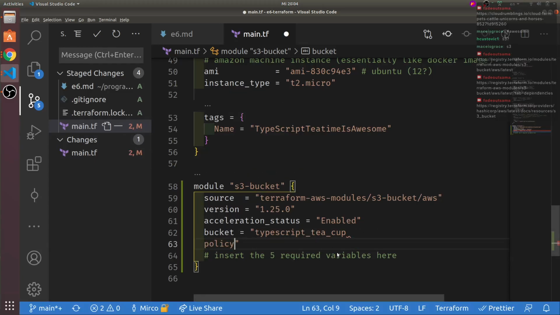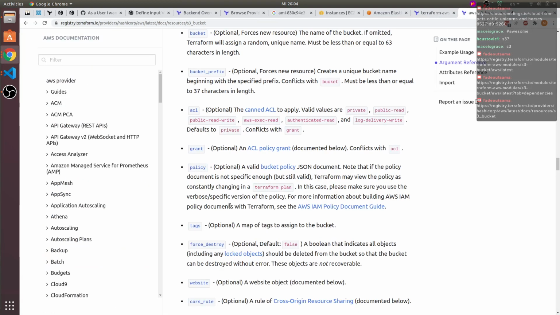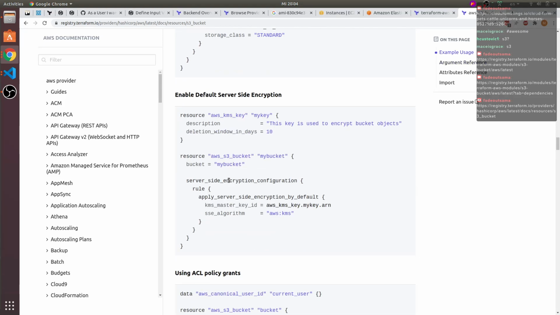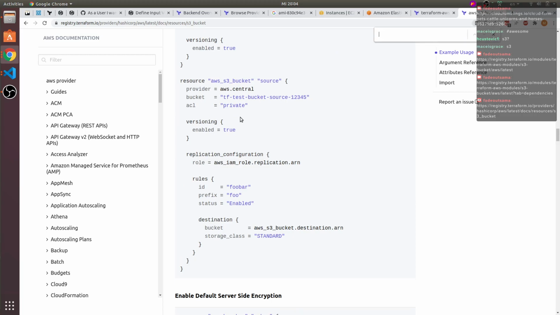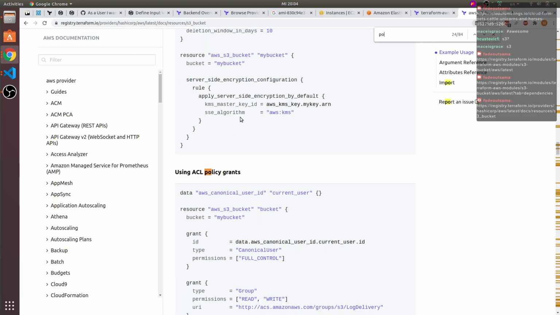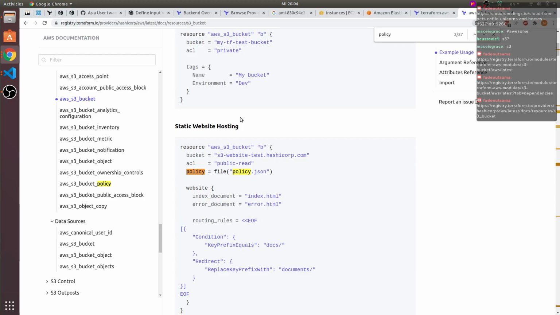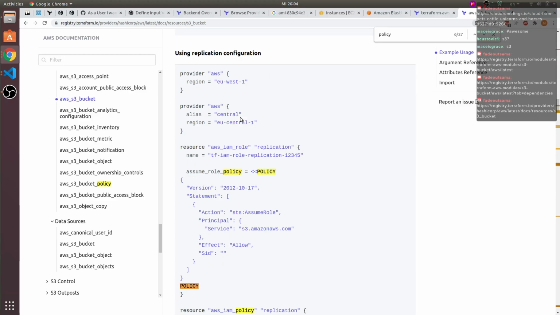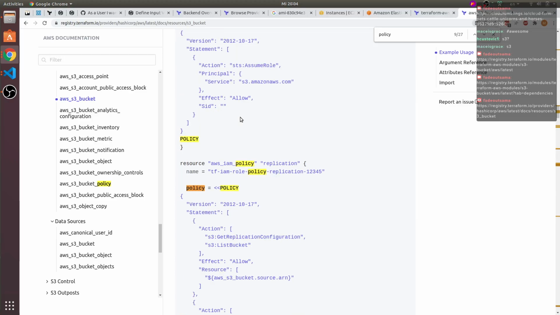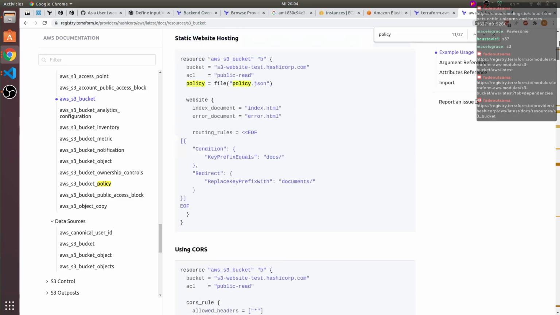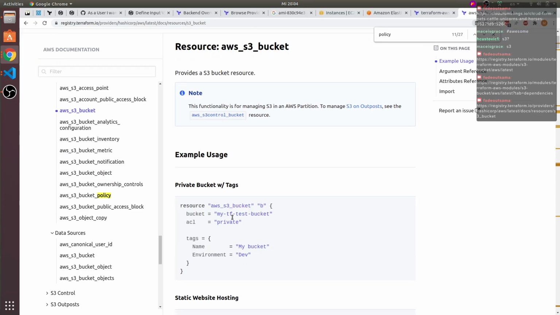The policy, I think we can copy it from here. The policy should be something like public read policy grant. Ooh, this is getting more complicated. Oh yeah, this is getting more complicated, guys.